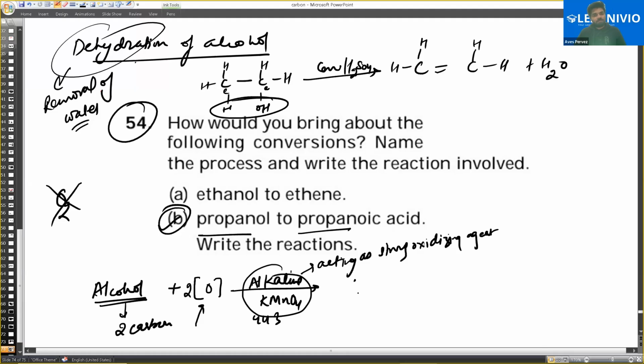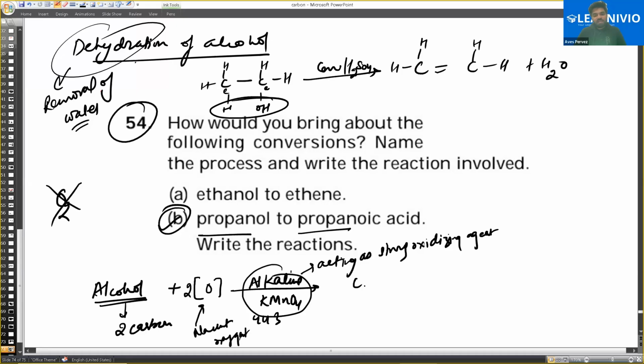Got it? Sir, that O is not oxygen? That is oxygen, but not in the molecular form that we get in the atmosphere. Sir, during combustion we write O2? Yeah, we write O2 for the atmospheric oxygen, but this is the atomic oxygen that we get from the alkaline chemical. Sir, but in the exam I wrote O2. It will be cancelled. Don't write O2. Write 2O, and you have to write nascent oxygen.